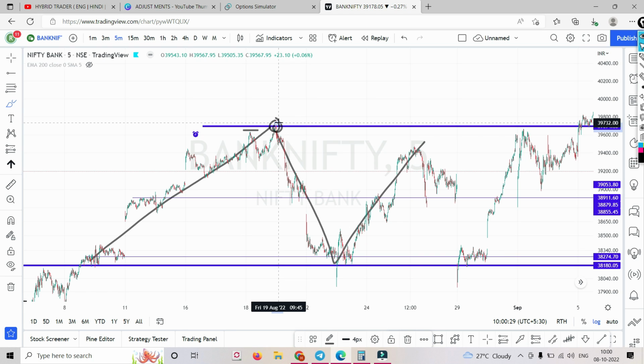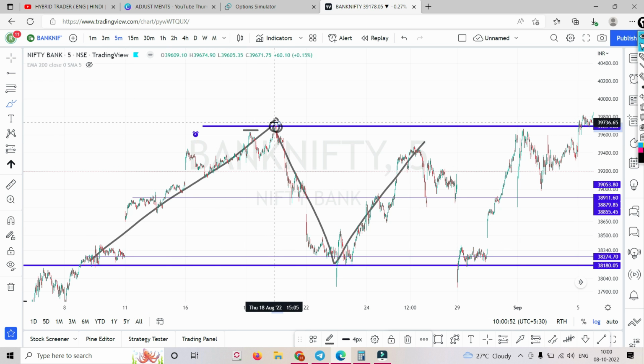Without a view of the market, you cannot deploy the trades. You should be in a position to know whether to go for a debit spread, an iron fly, a call debit spread, or a put debit spread. This clarity, the judgment, the thought process, you'll get only when you have price action. So when the market was standing here on the 18th, I thought maybe there is a strong resistance,